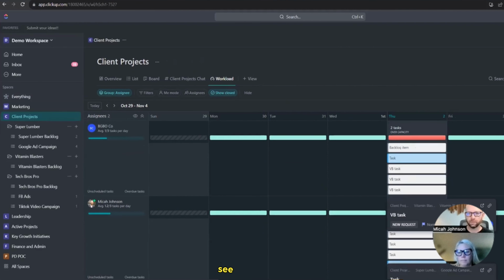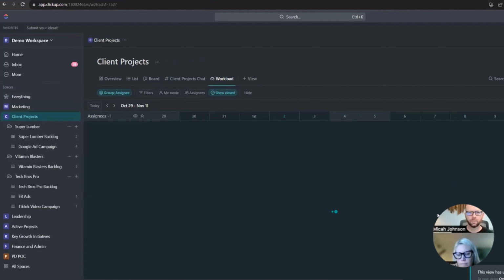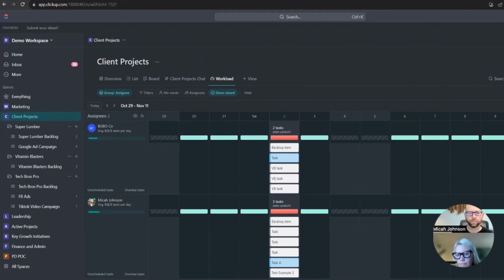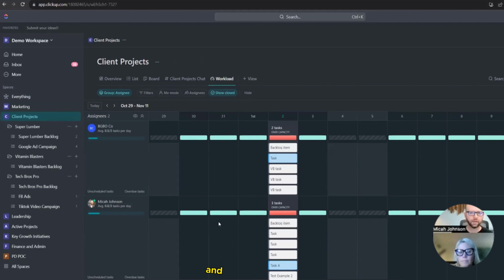So we might want to see what tasks are in there. We're going to view it for 2 weeks. And now we can see we've got some issues. So this is a hypothetical situation, but user 1 here has 3 tasks per day that they can get done as capacity. User 2 also has 3, but you can say we're 2 tasks over and 3 tasks over for my fake user here. So essentially, a project manager or anybody else could come in and say, all right, this